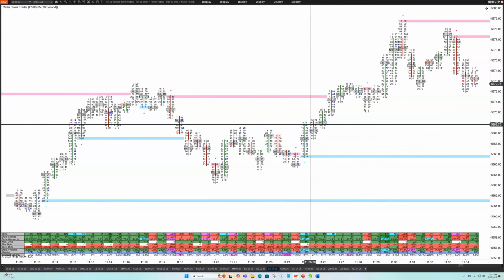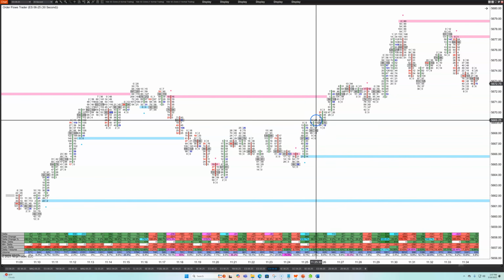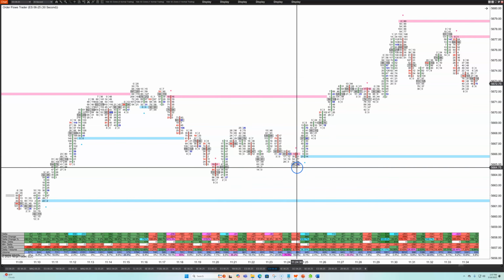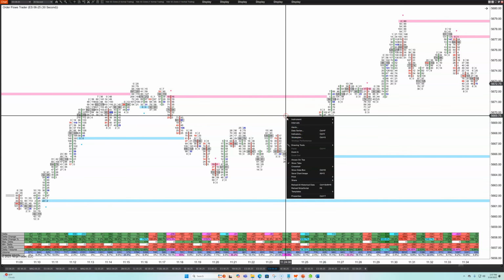But what you got to do is you got to wait for the bar to close, confirm that, and then wait for the next bar to open. Okay, that's why you wouldn't be taking a short here or a short here. However, what we've done in Orderflows Trader 8 to even make it more effective in your usage, since this is